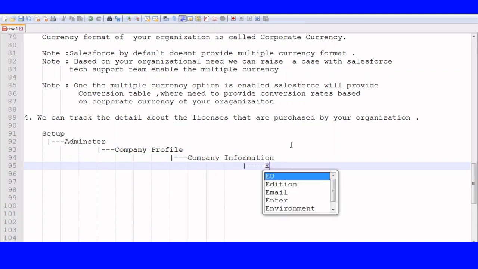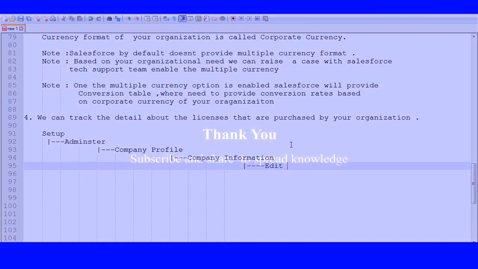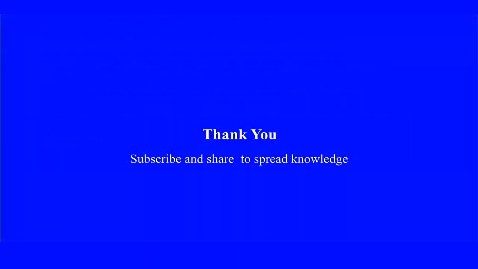If you want to set the company data, the navigation is Setup, Administer, Company Profile, Company Information, Edit. We can change it, but if we change it, it is going to affect the entire old data we have. If you give multiple currencies,